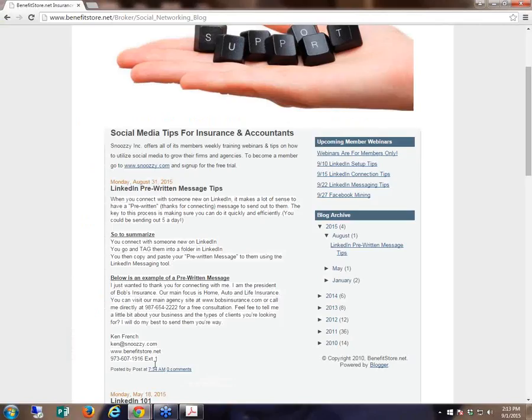Next week we're going to go into LinkedIn a little bit deeper and talk about some strategic setup tips. As I mentioned, LinkedIn made some pretty big changes two weeks ago that changed the way you set up your profile. I want to go over that stuff and make sure you guys are in a position to use